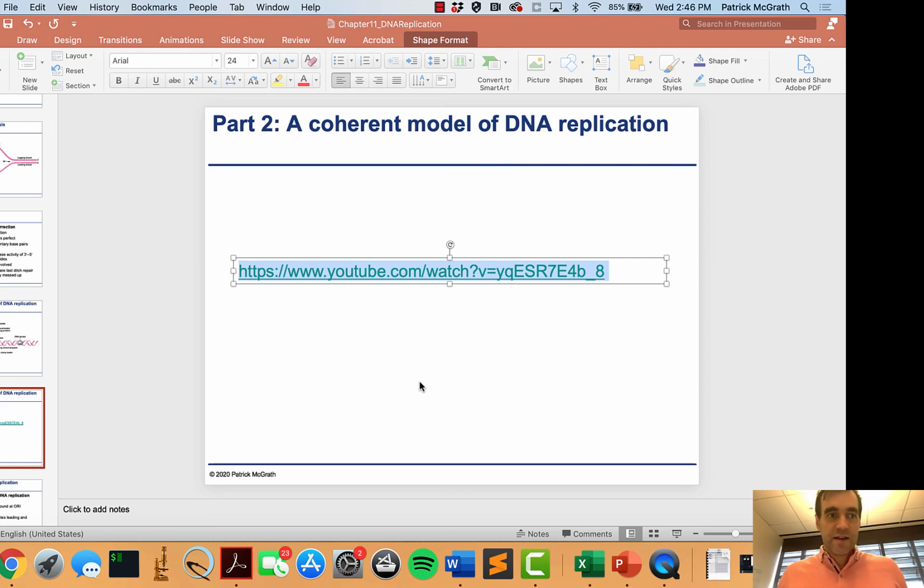Alright, so that is a model of DNA replication in bacteria, kind of going through the whole process. So we are going to switch gears next to look at eukaryotic DNA replication and just talk about some of the key differences there. But this is also kind of exciting from a biotechnological perspective,